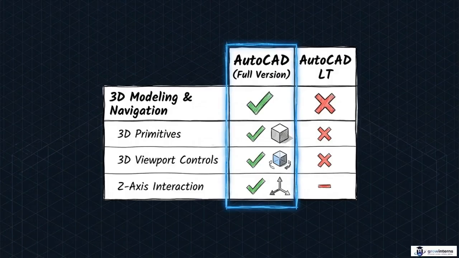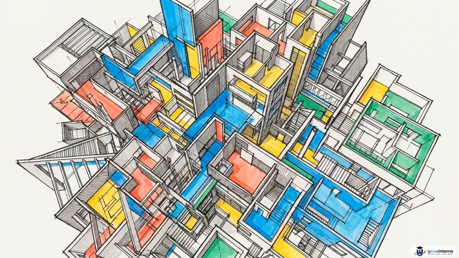Before we begin, check your software version. You need the full version of AutoCAD for this. AutoCAD LT does not include 3D modeling tools, so if you are using LT, these commands will not be available in your interface. Building in 3 dimensions while looking top-down at a standard 2D grid creates visual chaos, where overlapping